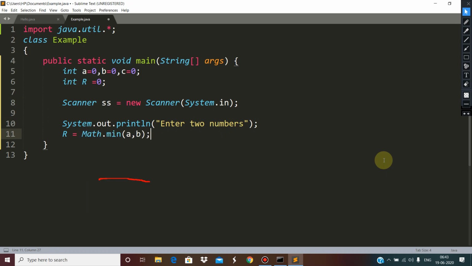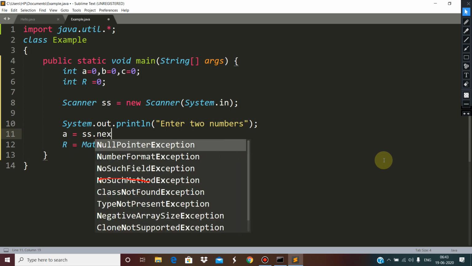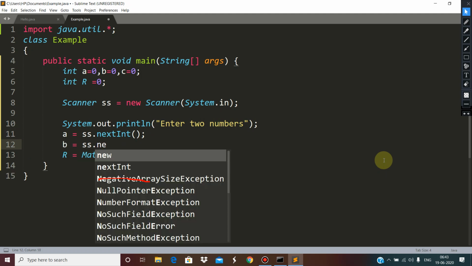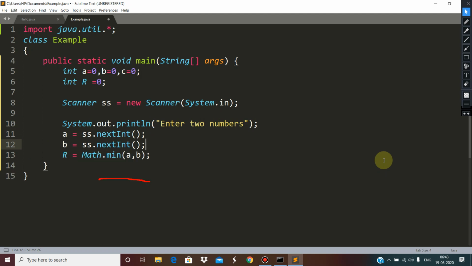Children, this function can receive only two parameters. So it means we need to input A and B both. Here A is ss.nextInt and B is also ss.nextInt, and after that just print the result, which is r.